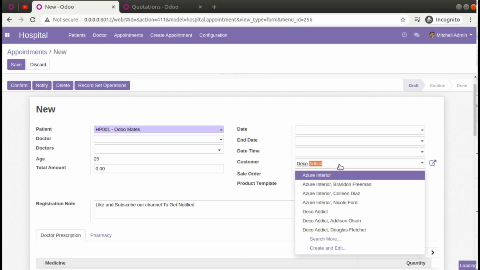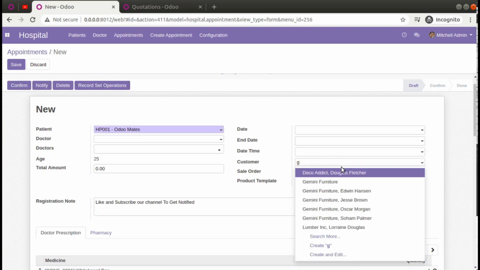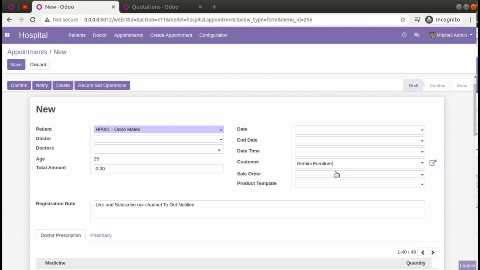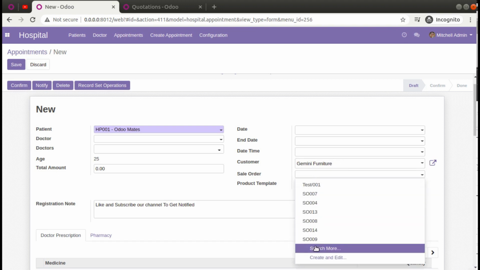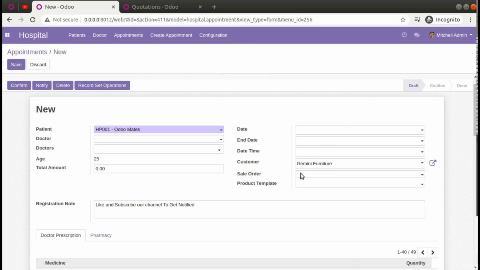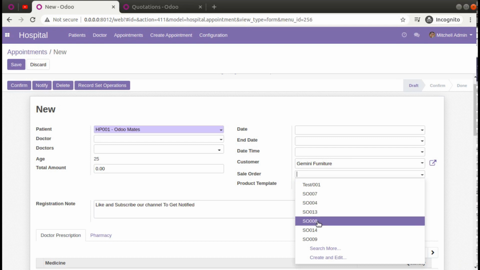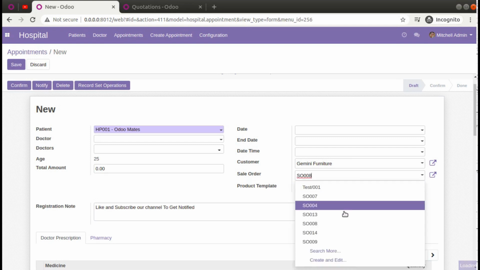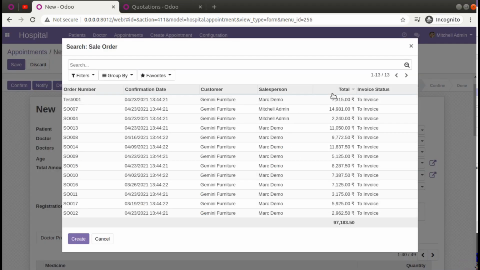So simply I'll be changing the customer to Gemini Furniture, and here you can see the domain has been applied, and if I click on search more, we are getting 13 sale orders, and in all the sale orders you can see the customer is the selected Gemini Furniture. But the issue with this method is, currently we got a domain here, and if I choose a record from that one, you can see still there are only 13 records, and all the records are from